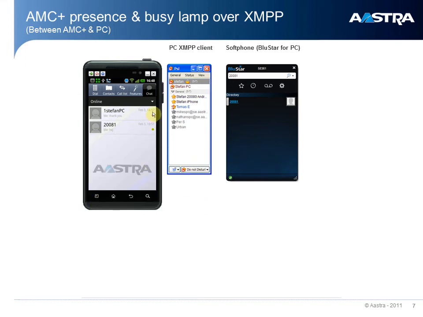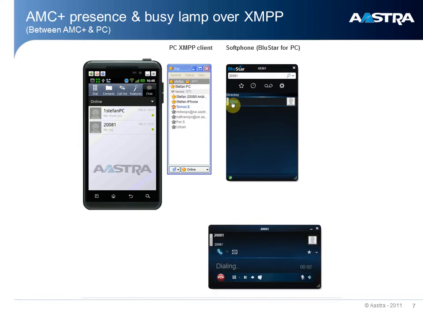So if I do the same thing on the computer, it automatically updates the mobile user. So online again. Okay, I do it like this, it updates automatically a little bit faster. Okay, so now I'm online. Okay, this guy is online. Great. Okay, so let's make a call to a contact and see, I'm dialing, and automatically on the mobile phone